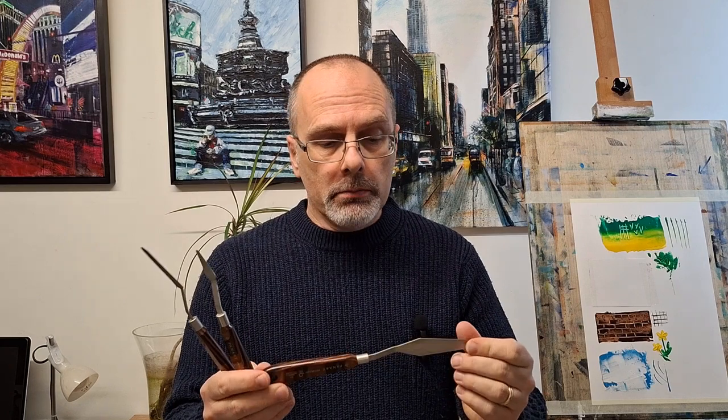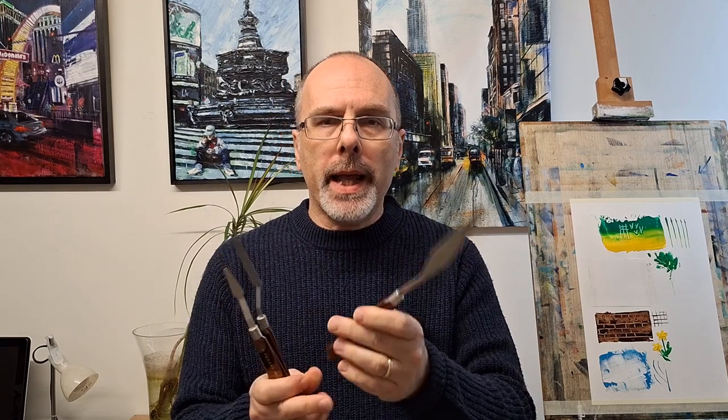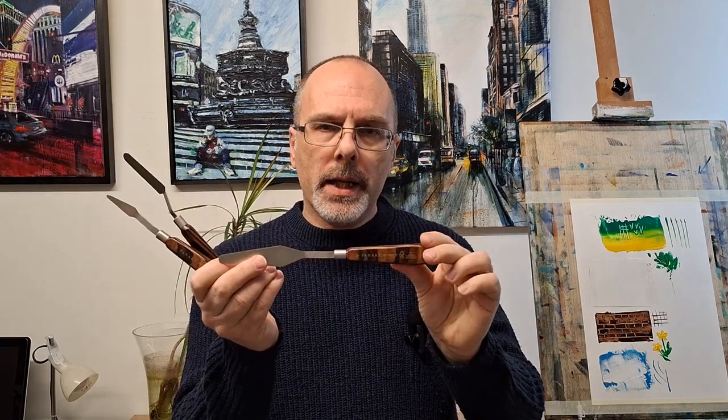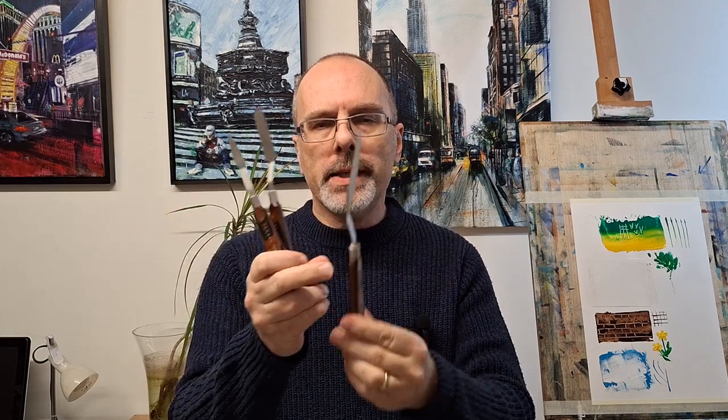Now that I've shown you some of the marks that these Panart painting knives can make, what do I think about them? Well, I think they are a good quality product. They're nice and robust, the handle is set firmly on that blade, and those lovely tiger stripes from the densified wood really make it look like a quality artist tool, and this should last a lifetime. Obviously, if I clean them and look after them and hang them up somewhere perhaps, but let's see how they perform. I did a painting earlier on of York City walls,